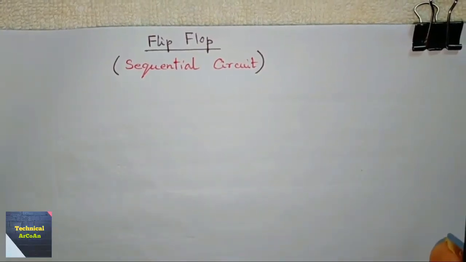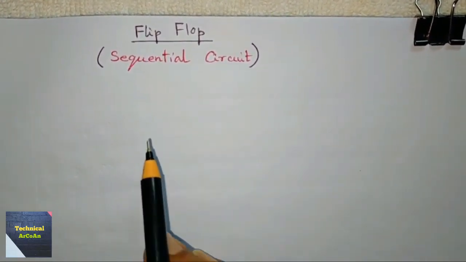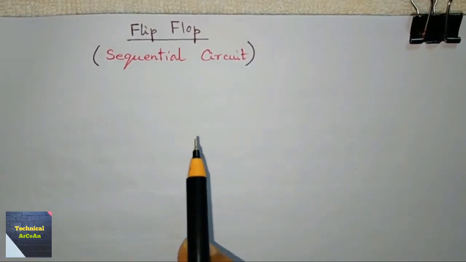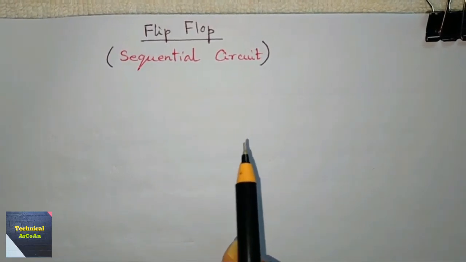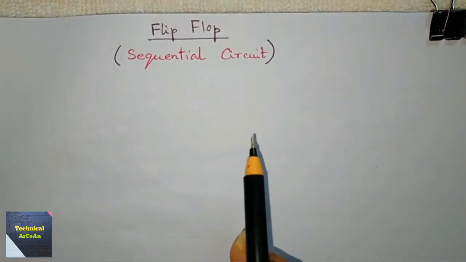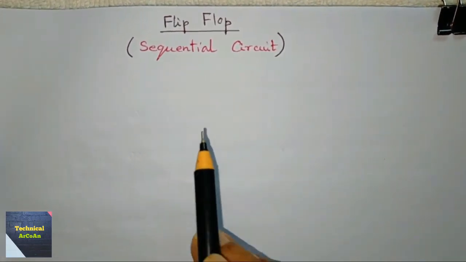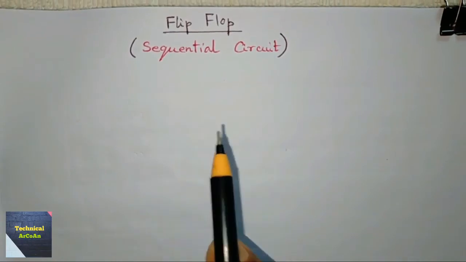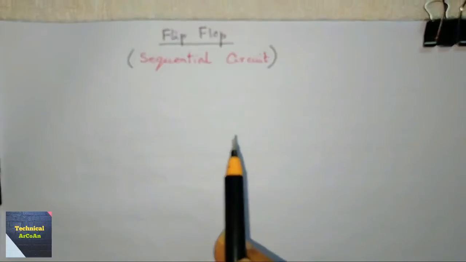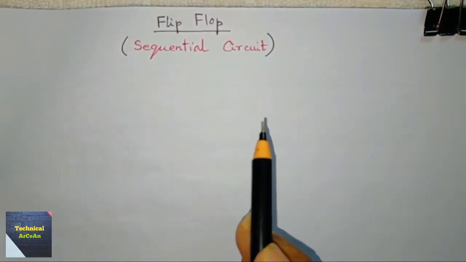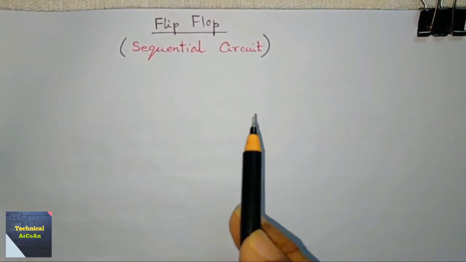At first we will learn what a flip-flop is. A flip-flop is an electronic circuit with two stable states that can be used to store binary data. The stored data can be changed by applying varying inputs. Flip-flops are fundamental building blocks of digital electronic systems used in computers, communications, and many other types of systems. Flip-flops are used as data storage elements.